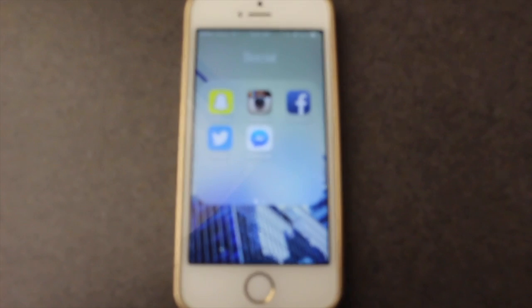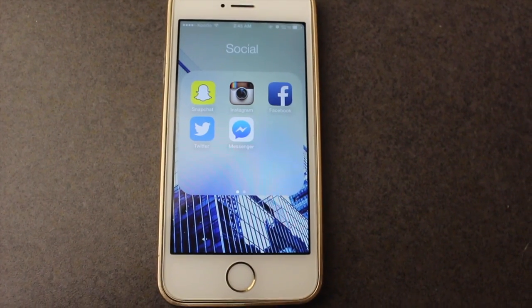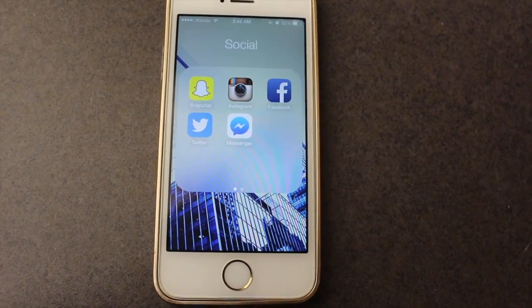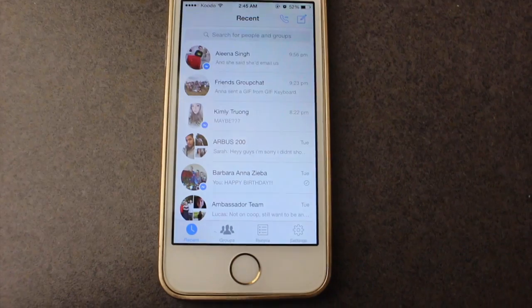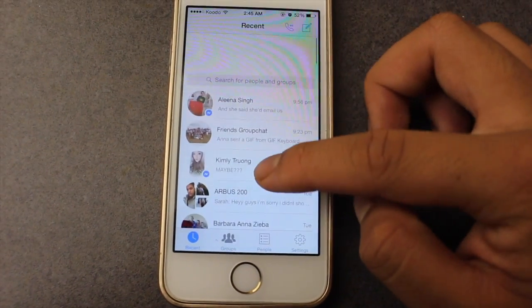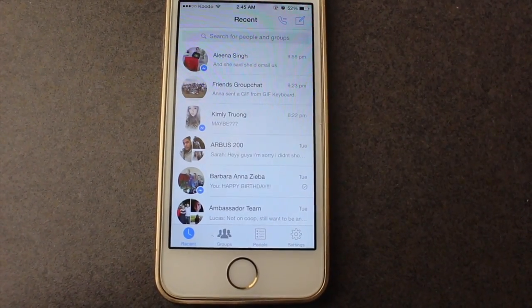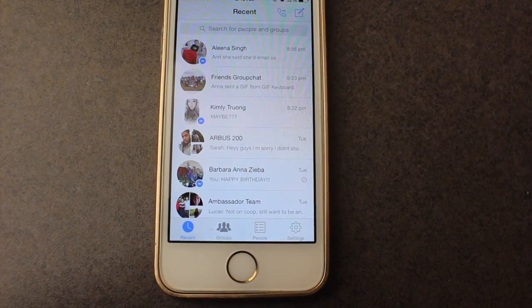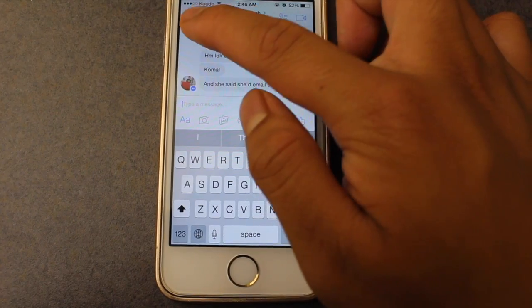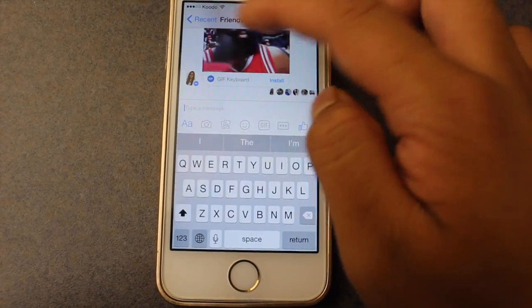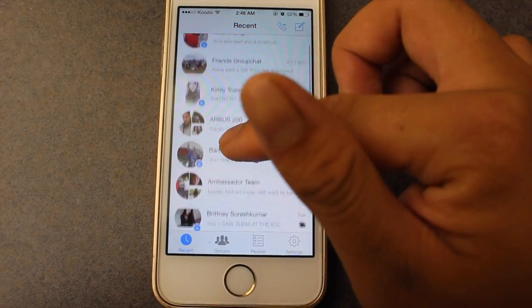is Facebook Messenger. The reason I got this app in the first place was because I had the original Facebook app and I thought it would be convenient to get the separate app. I've used Facebook messaging ever since I was in elementary school when I first got Facebook. This was where I would talk to my friends and family, and just had the time of my life. I'm still having the time of my life. It was way better than MSN.